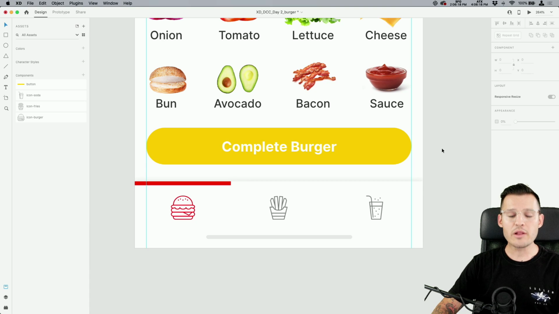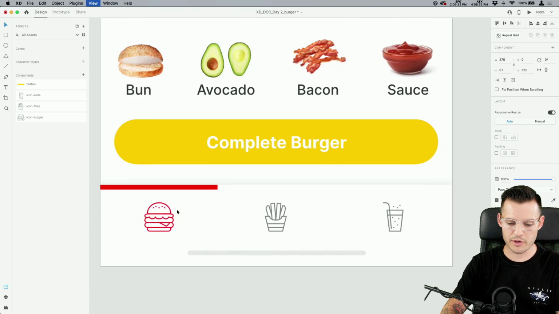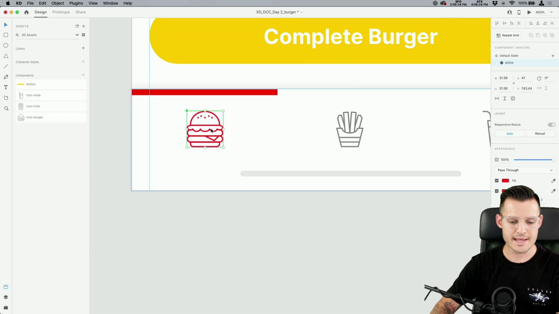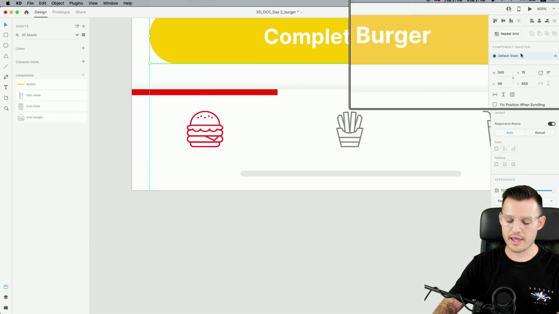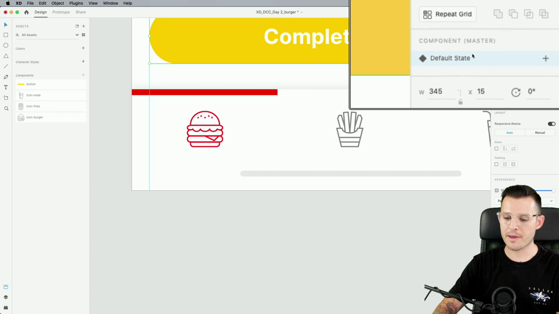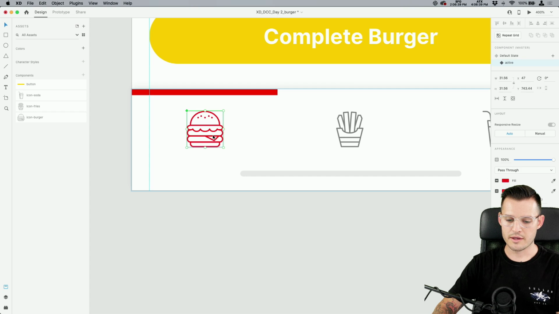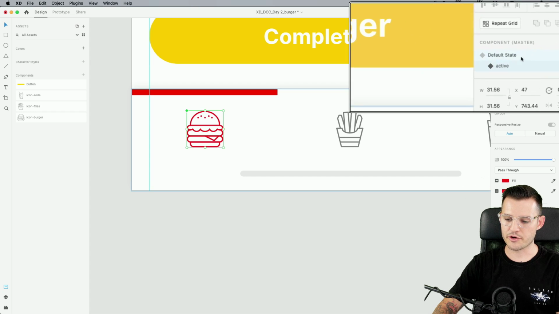Okay, now let's talk about the next step. Let's go one step further in components, and let's talk about a cool feature called component states. You see that each of these icons are actually components, but unlike my button, when I head up here on the right-hand side of my contextual panel, I see this is a component master and it has a default state. But if I click on my burger icon over here, you can see this is a component.